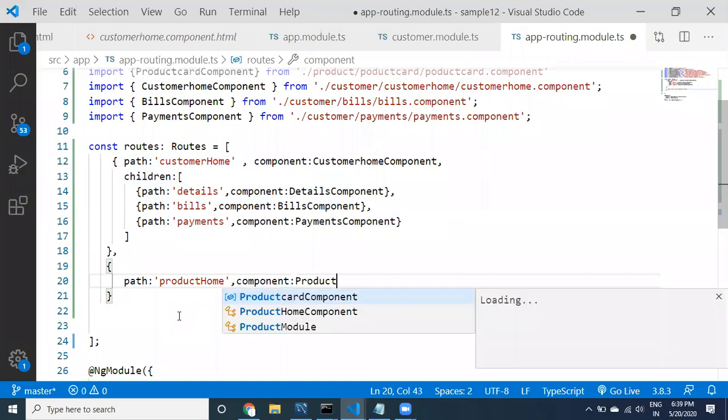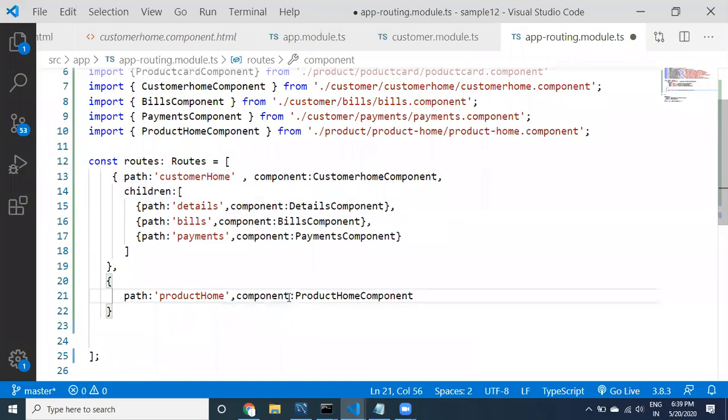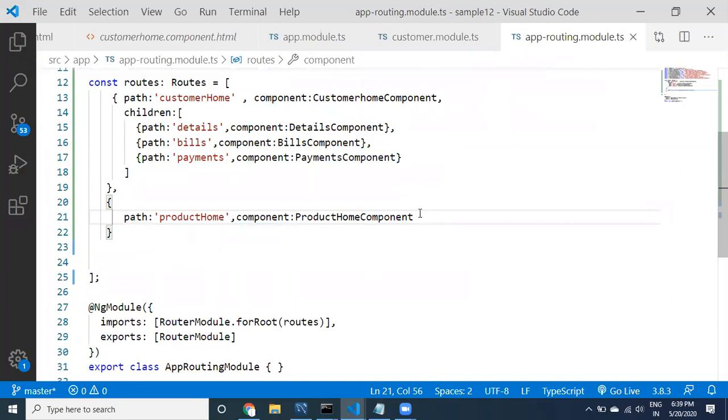Product home component. It can be something like this. This is customer home, related to the customer home component. This is product home, related to the product home component.